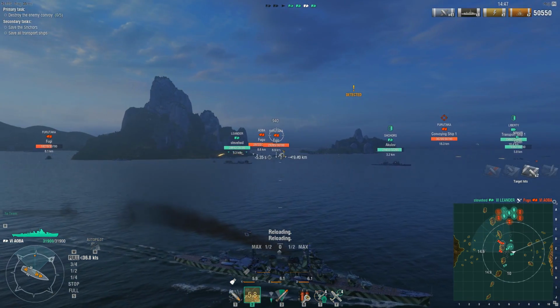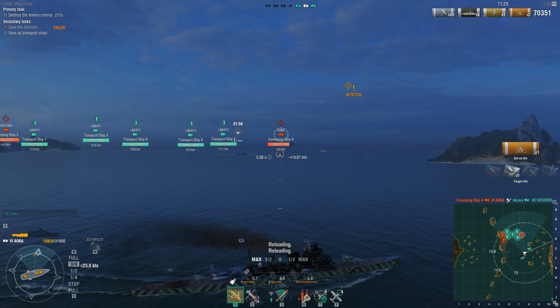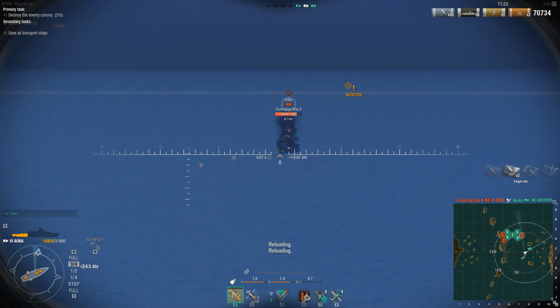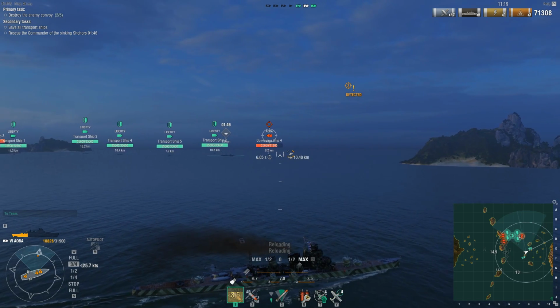Unfortunately, we're now down 3 ships of our own. We've lost 2 cruisers and a destroyer. I'm just going to skip ahead, however, to when the shit well and truly hits the fan. We've lost another ship, and we've only managed to sink 2 of the 5 convoy ships. The captain of the Shaw's class cruiser has suicided right into the middle of that convoy and he's gotten himself